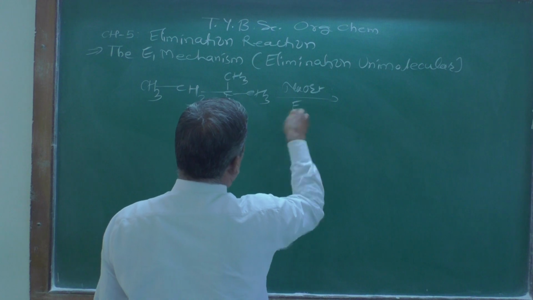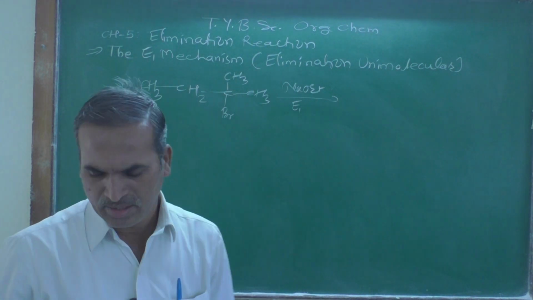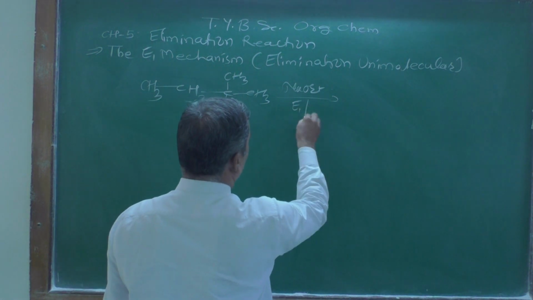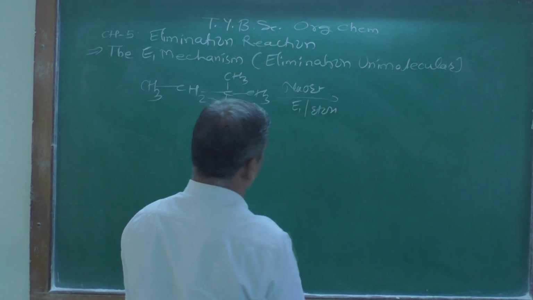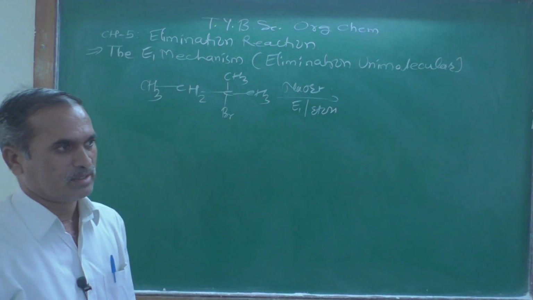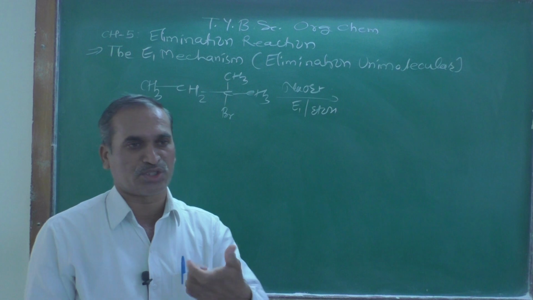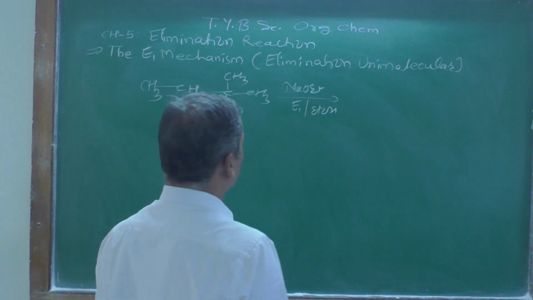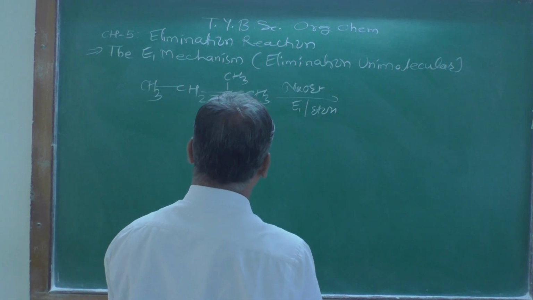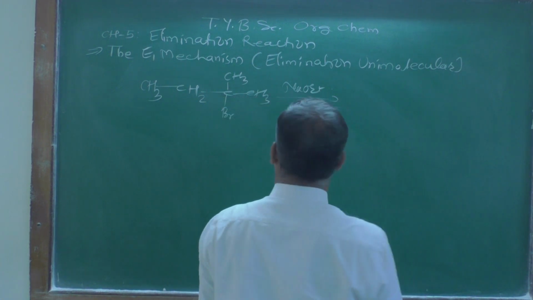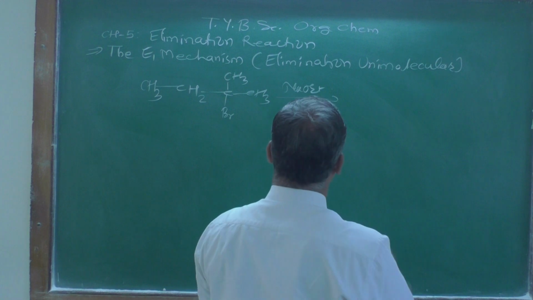This follows the E1 mechanism, with ethanol as the solvent, because without the solvent this reaction does not take place, and therefore solvent is required here. And now what you are going to get in this case,